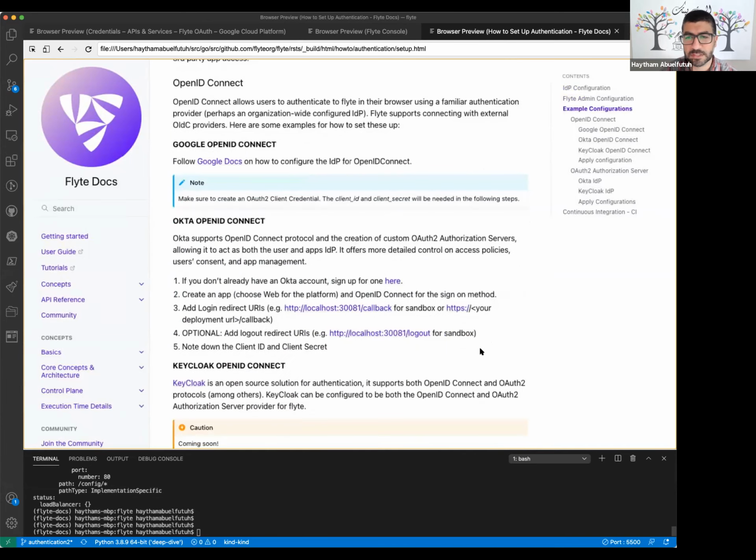We did go through that exercise for Google. Google implements OpenID Connect. It's compliant to the standard. And Okta also does that for OpenID Connect. You can just use it for OpenID Connect, or you can also choose to use it for